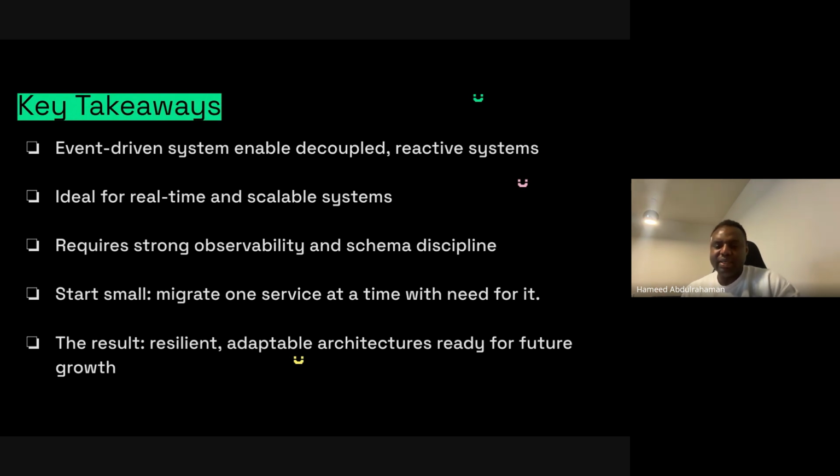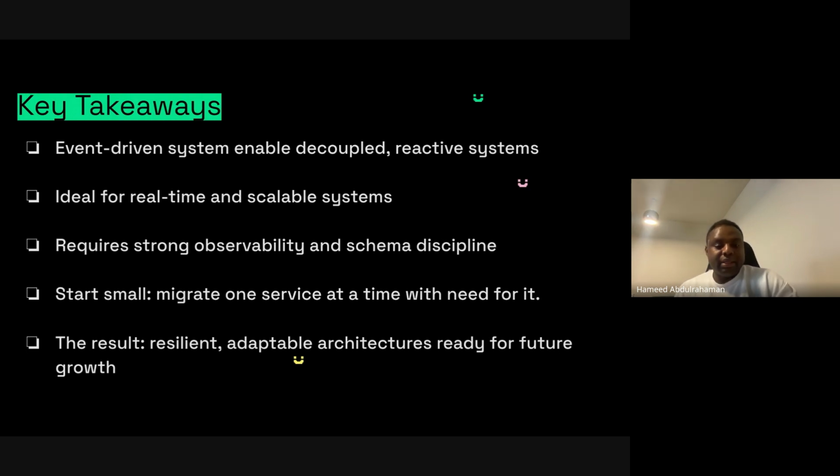A very good idea, especially when Black Friday comes in and we have a lot of spikes on systems, is to understand these metrics and how your system would scale in general. So in a nutshell, when you have a system that you have to scale often, or due to load spikes, then you can start thinking of event-driven ways of making these services decoupled, real-time, and scalable.